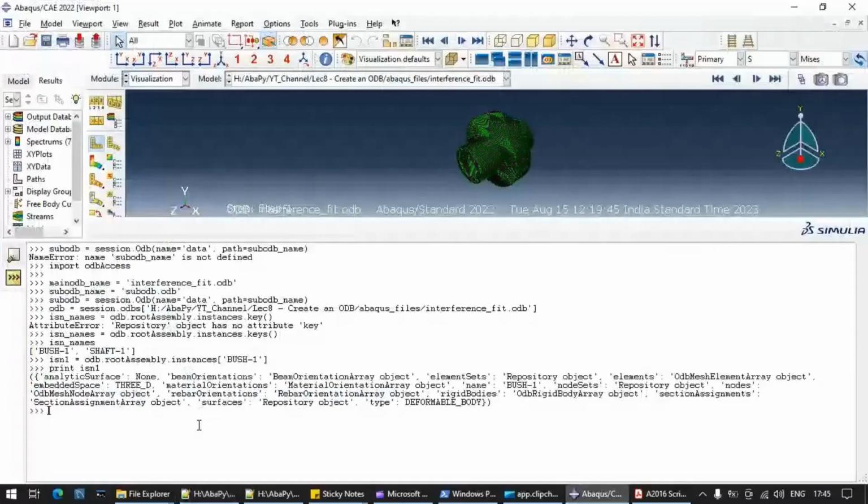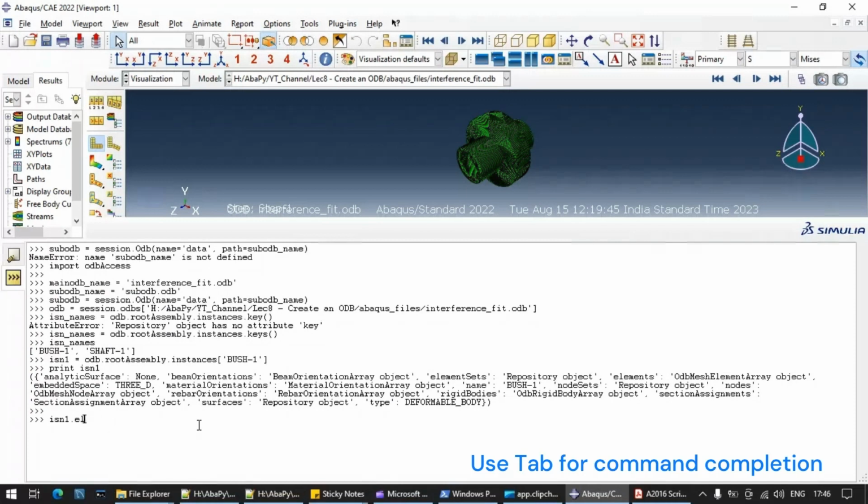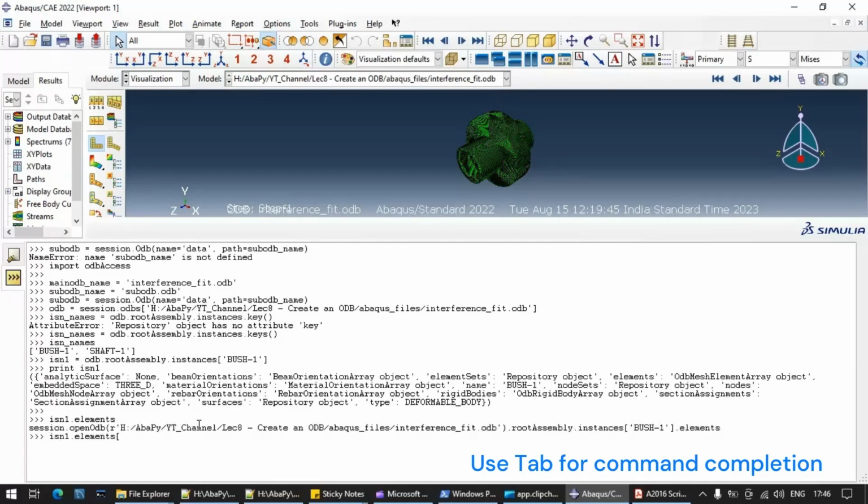So how do we extract is ISN dot elements. So what I did is I just wrote EL, then I type and then I press tab. So you can see that different types of commands are there getting completed. Okay, so now these are the elements. So what we will do is we'll try to extract the information for one element. So when you press left square bracket and press tab, then you can see it is going through each element. Let's try to print any element information.